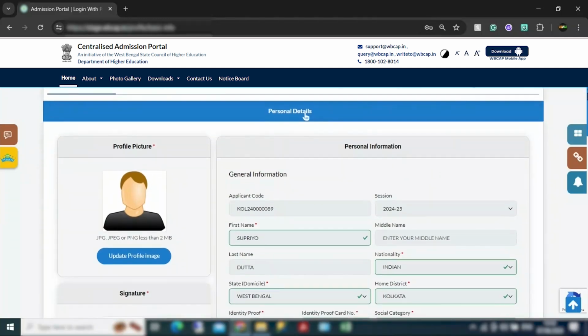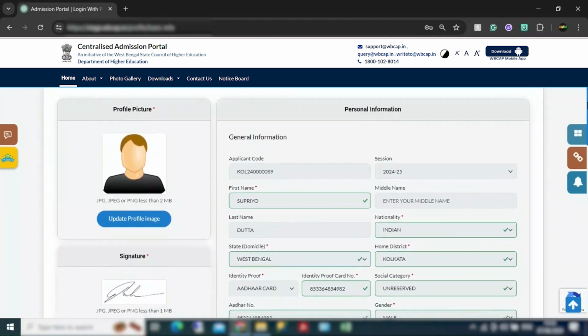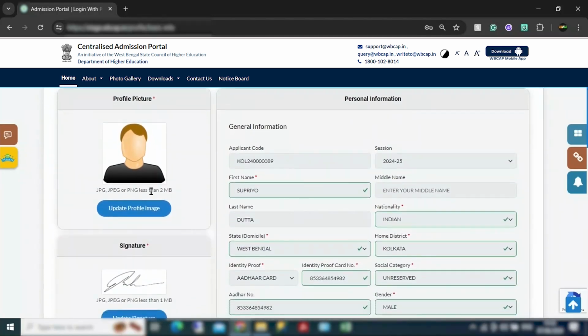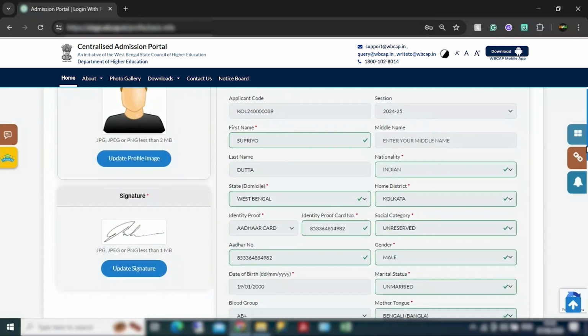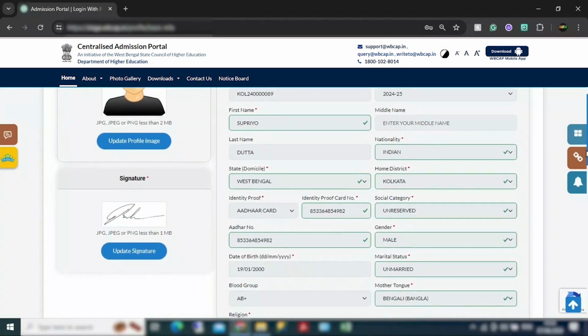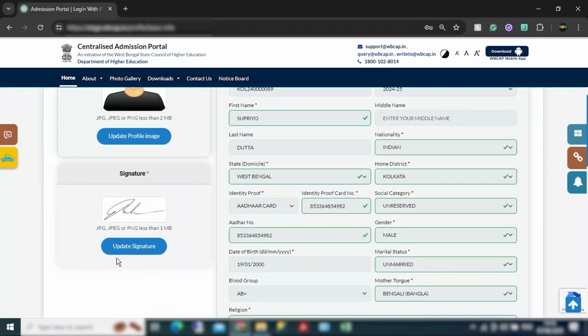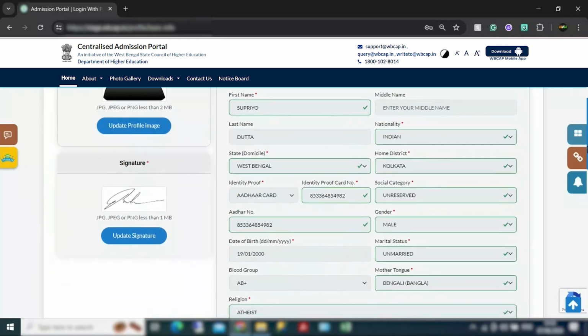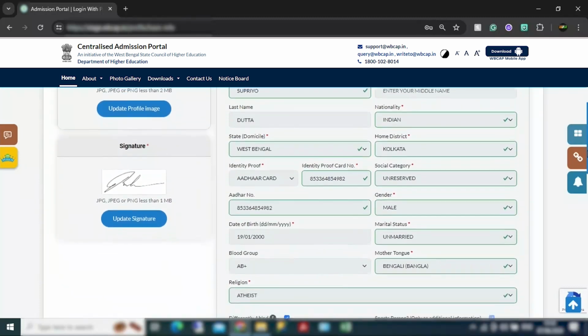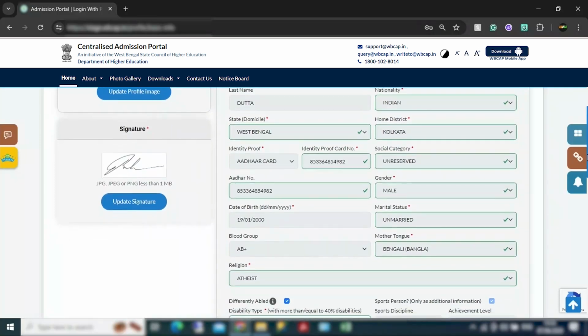On the left hand side, you have to upload your colored photograph, and that will be in JPG, JPEG or PNG format, and the size would be a maximum of 2 MB. Then your signature has to be uploaded. The same would be in JPG, JPEG or PNG format, but remember this should be less than 1 MB in size. Now, once this is done, you can fill up your name, your nationality, your state, your home district, your